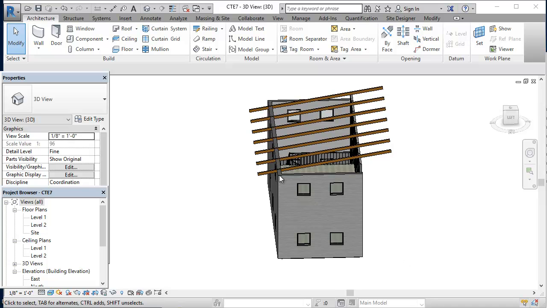Okay, so there are a couple of questions about getting the roof to be at the right angle. Okay, so I'm going to do a quick